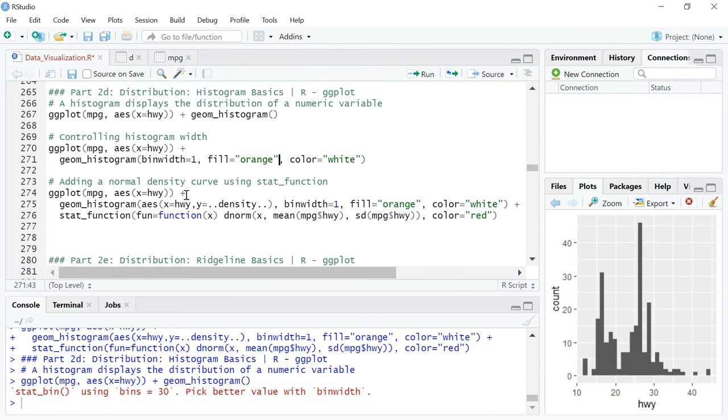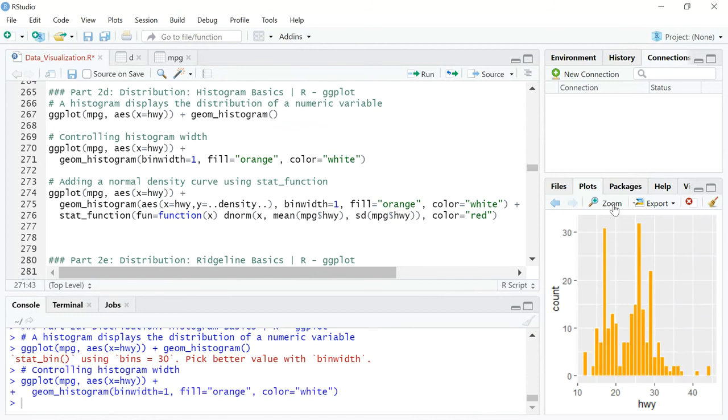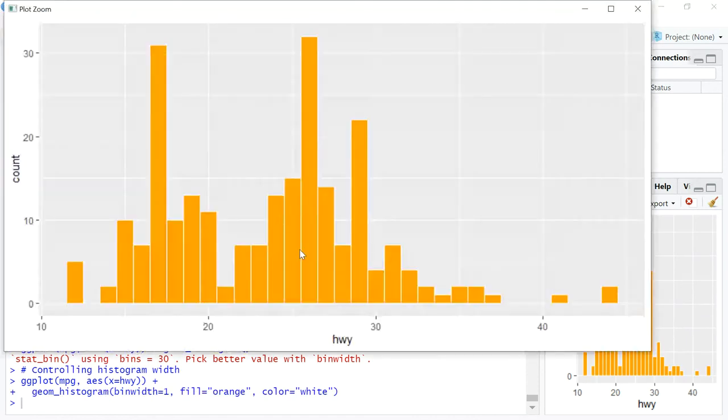Now, just to get a little more into how you can use some of the arguments, let me just quickly run the next code. So what you see here is, now it's not that plain vanilla. You don't see a gray box. Here we have tried to control the bin width, which is essentially the width of the histogram.